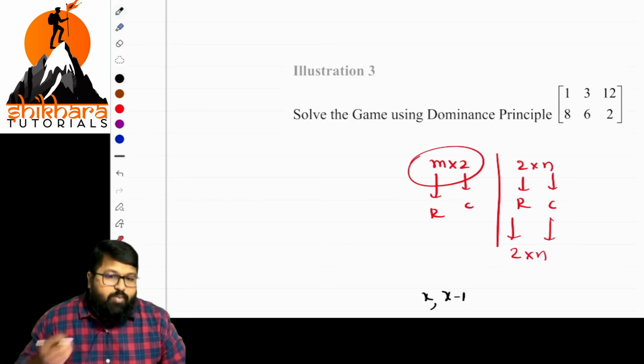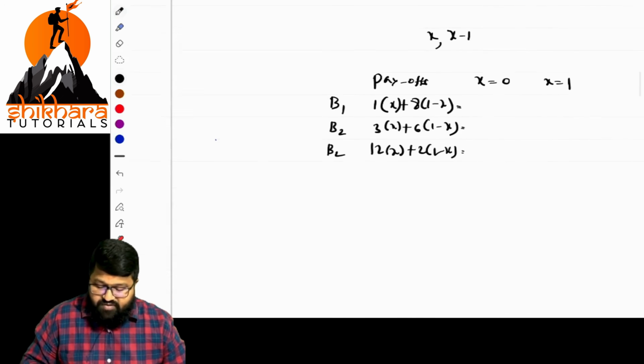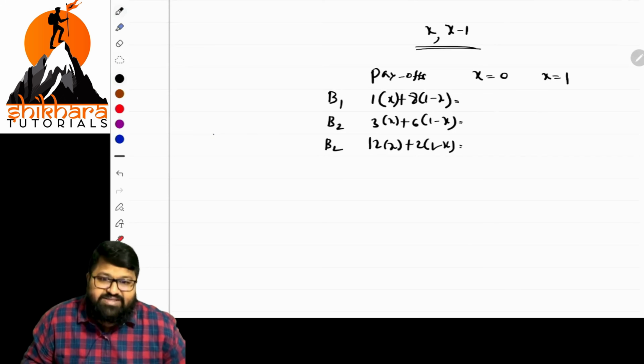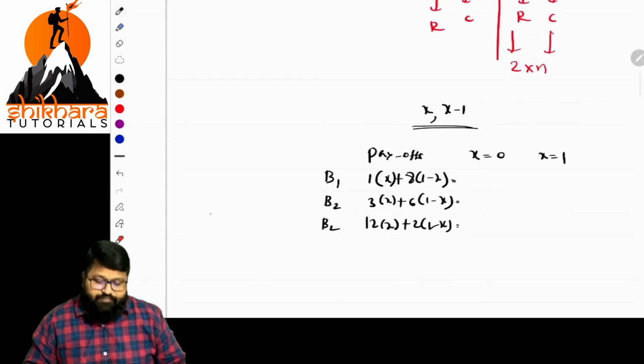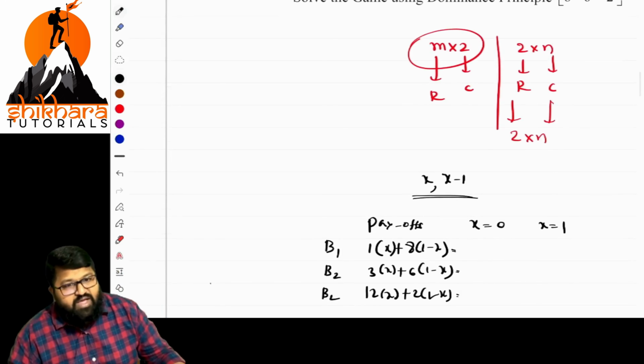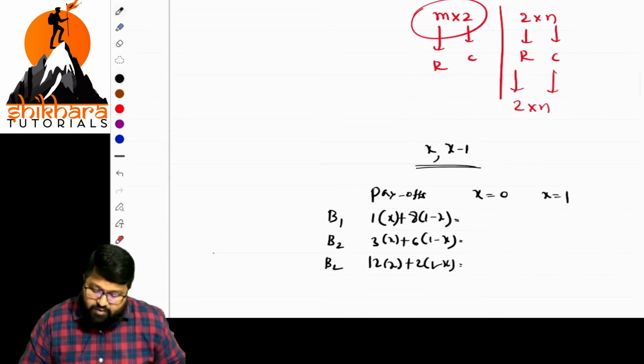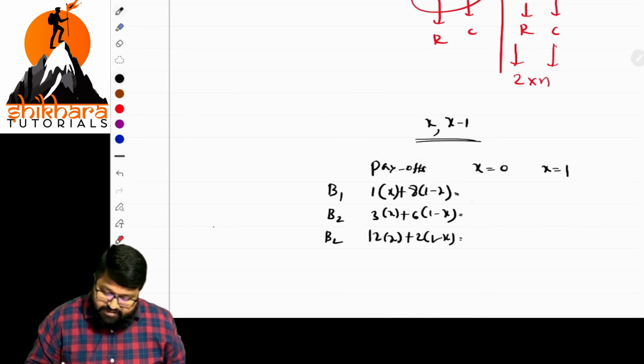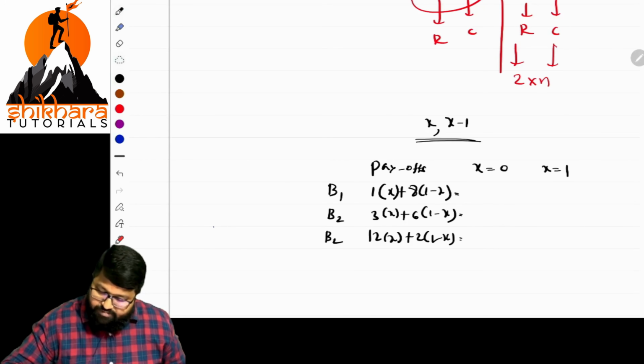And we take the probabilities. The probabilities of the payoffs of this matrix are x and 1 minus x. Based on that assumption, we calculate that part. Okay, clear? If it is clear, we shall do it. So the values are clear. We are done with that part. Once that part is done, sir, what is the value of this one? I will separate it.